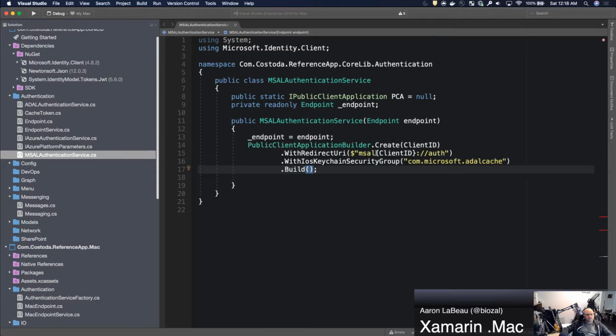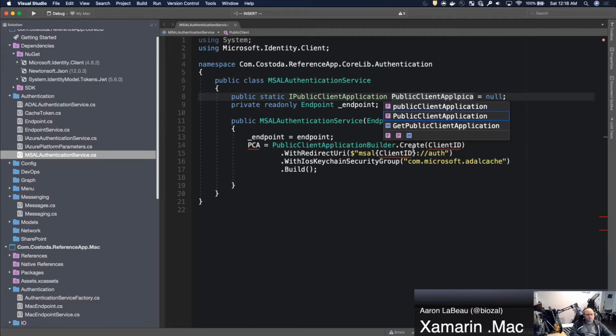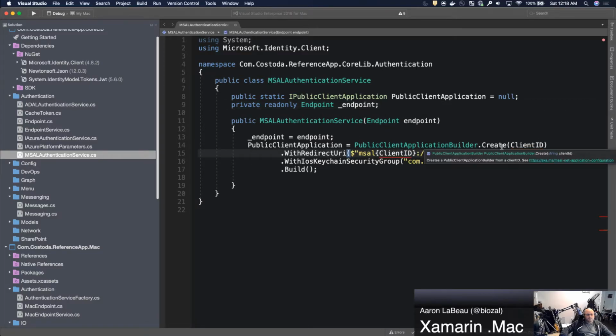It would say PCA equals. I don't like that variable name either. PCA equals PublicClientApplication. I really don't like that either. I can't believe they named that object that. And this would be,